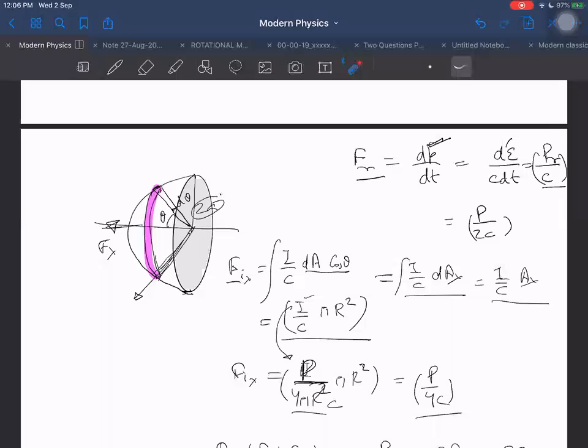The reason is, if I say a ball is going this side, a ball is going this side, let us say these are balls, and finally somebody is catching the balls. What is the change in momentum? However he may be catching the ball, change in momentum will be incident momentum, final momentum 0. So change we can find out. It depends only on the incident momentum.